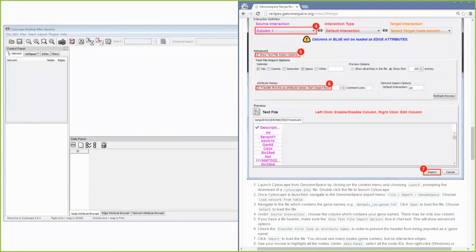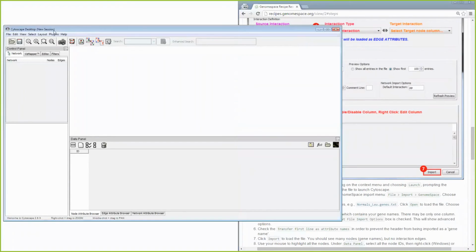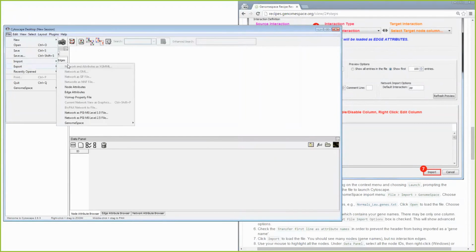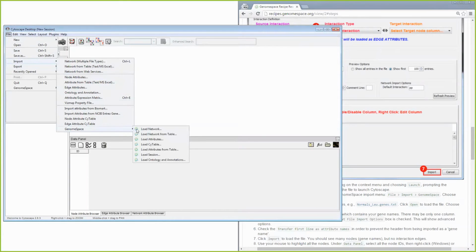The recipe indicates that we should go to this particular menu, File, Import, Genome Space, and then Load Network from Table. So that's what we'll do. Click on File, Import, Genome Space, and then load network from table.